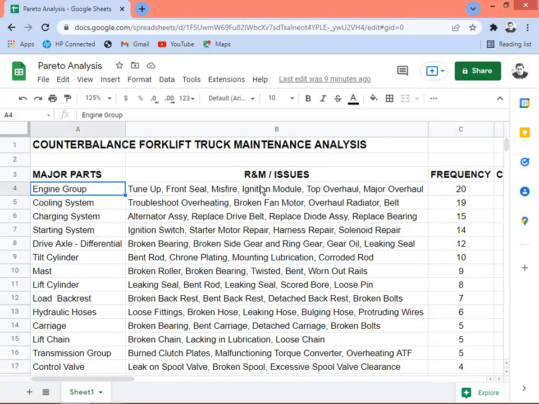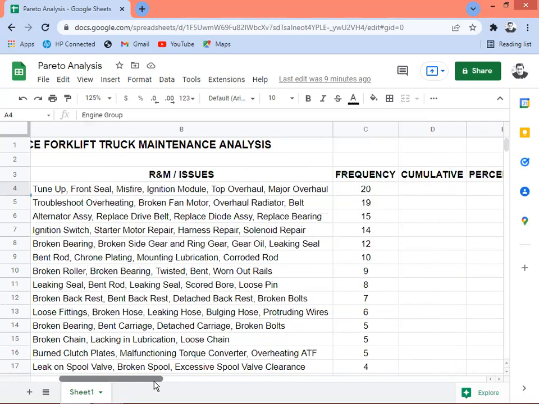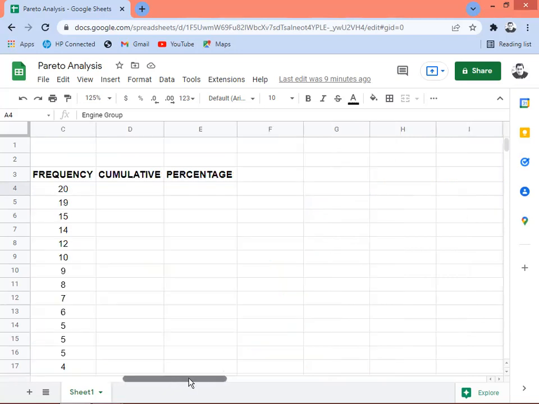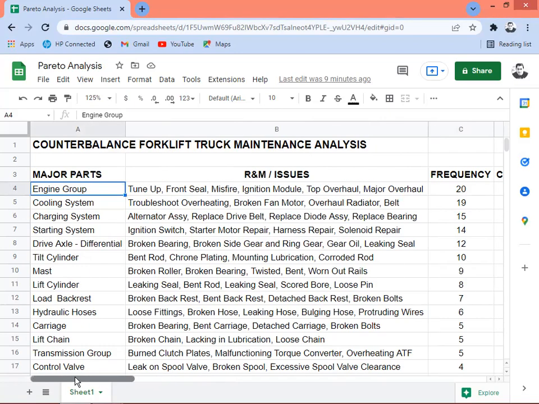I have also listed down the repair and maintenance issues, the ones that we have done in terms of troubleshooting and repair or servicing of the forklift truck. I also have here the frequency of the issues, and the cumulative and percentage, which I'm going to do later. In the meantime, I'm going to give you the list of the major parts: the engine group, cooling system, charging